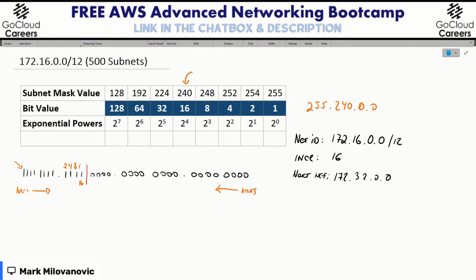The 2, the 4, the 8, and the 16. But I'm not going to count it here anymore because I own these networks, right? I own these bits. I don't care about them. I need new ones. So I'm going to look now at these bits. And I need to figure out how many am I going to borrow. So I'm going to go through the same exercise. I'm going to start counting from left to right. So if I take this bit, this is going to be 2. I can create another network. So 2. Next one is 4, 8,